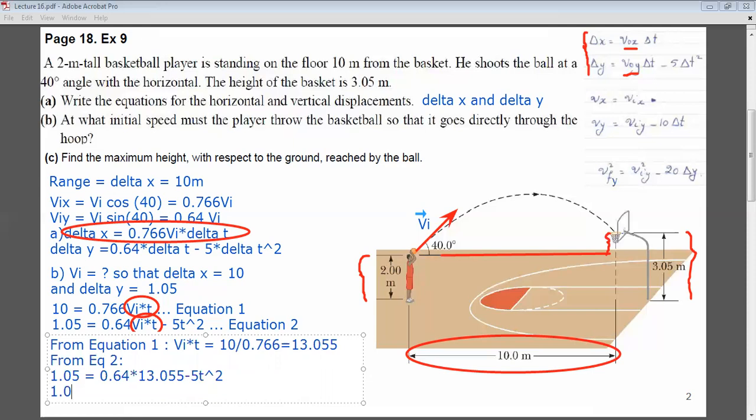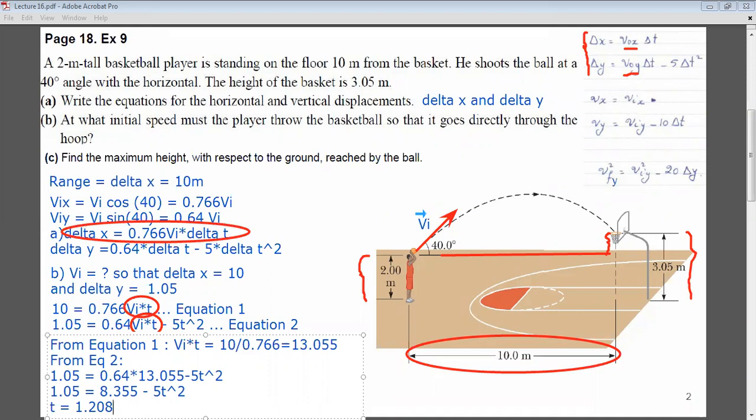So 1.05 is equal to 0.64 times 13.055 minus 5t squared. 5t squared, I take it to the other side, 1.05, I bring it to this side, and I will get, in the end, t equal to